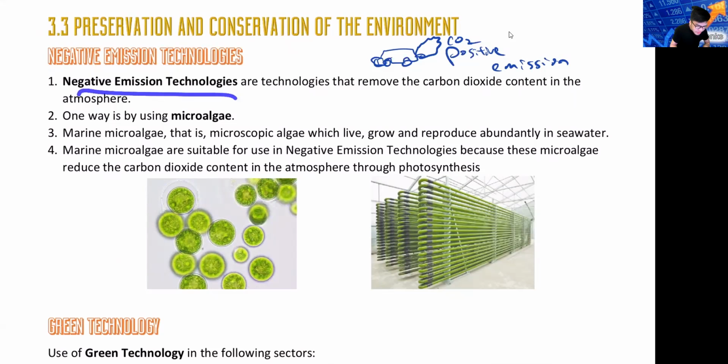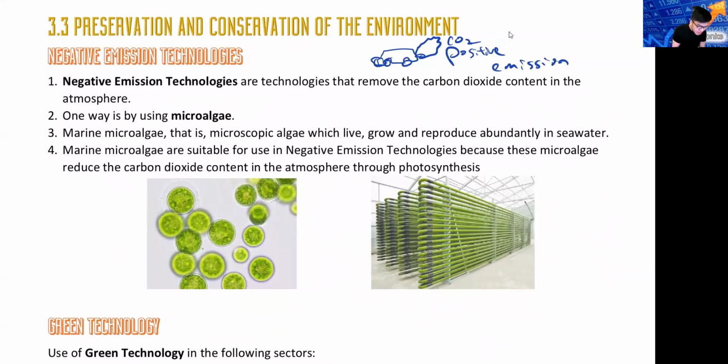So where do we use this? One of it is by using microalgae. As you might say, sir, why not just plant trees? Why don't we just plant trees around us? But because you see, trees are sometimes a hazard. What do I mean by a hazard? I'm sure you know sometimes in Malaysia we have heavy rain, and thunder will strike down some trees. And when the tree falls down, it's going to kill someone, it's going to damage someone's car.